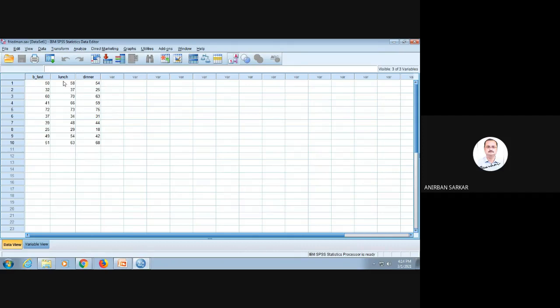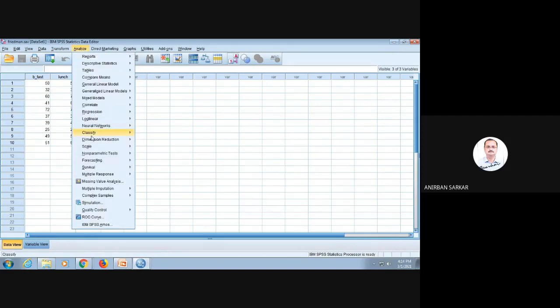Since there are more than 2 conditions, it is a 3 sample case, and the participants are the same. So we apply one factor ANOVA's non-parametric equivalent, that is the Friedman test. If it were interval data, we could apply one factor repeated measure ANOVA, but since it is ordinal in nature, we have to apply the non-parametric equivalent, the Friedman test.